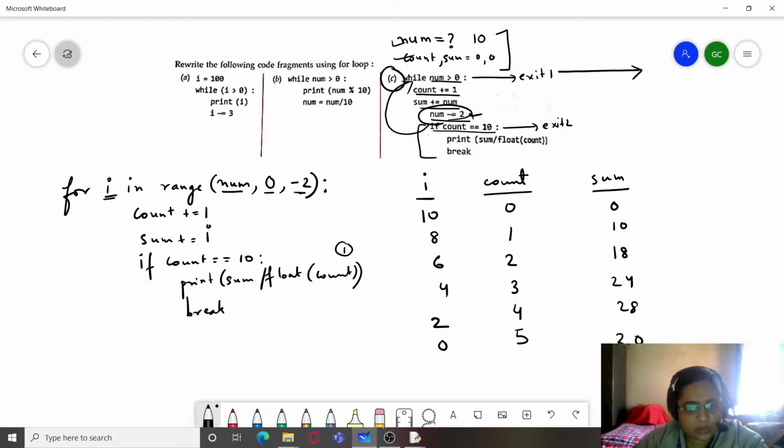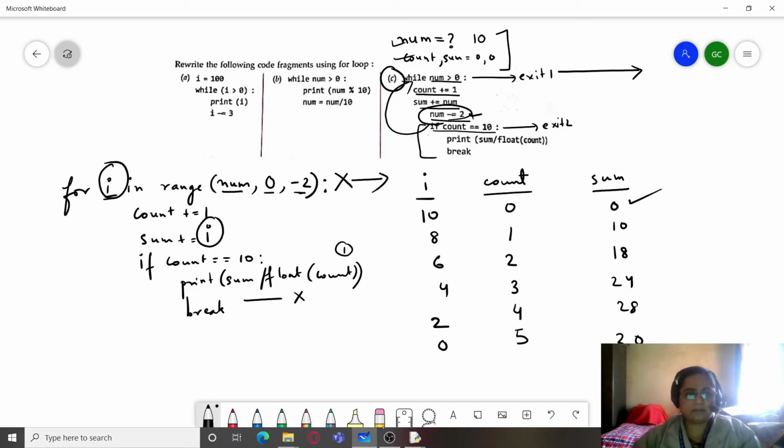Now 0 is the stop condition. So now when we go back over here, you can see that it has taken the value 0, and at this point it is checking the condition, is i equal to 0? Yes, that means we need to exit over here. So this exit point is never followed. Instead, this exit point is followed. So the output is almost the same, the only thing is we had to make changes over here.